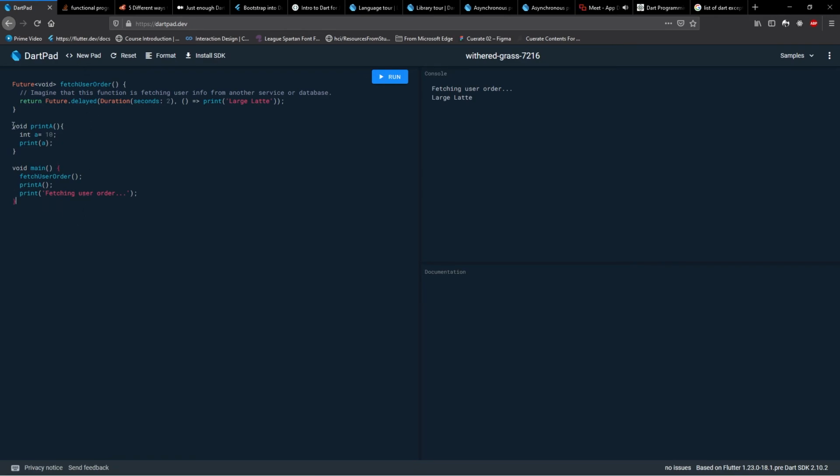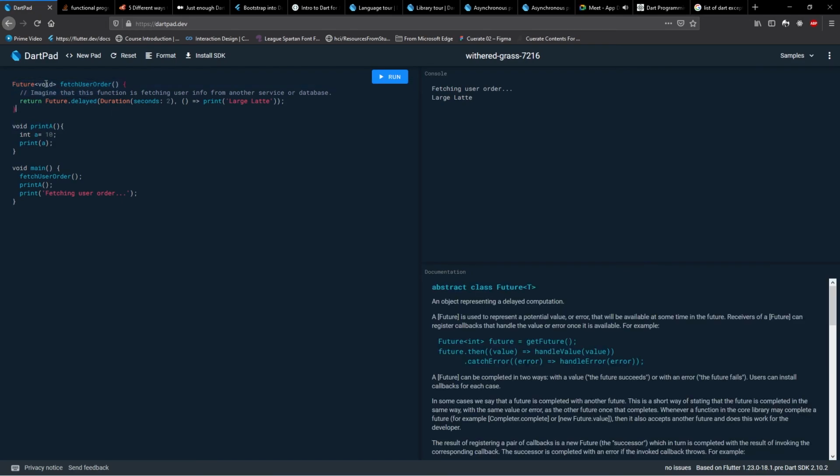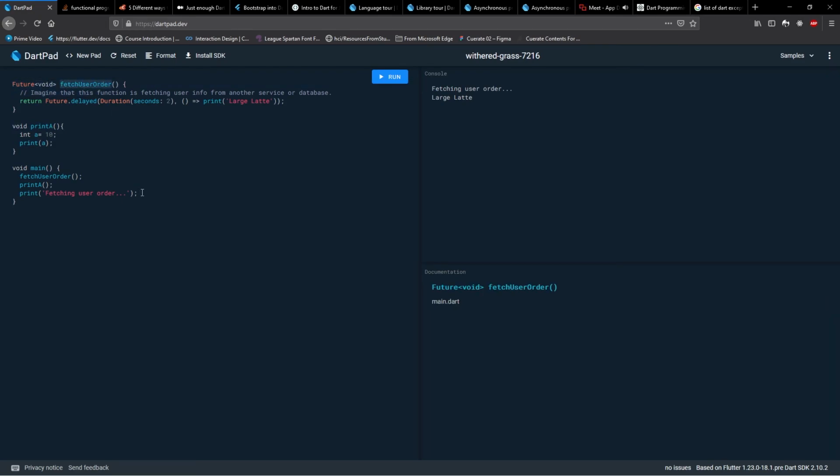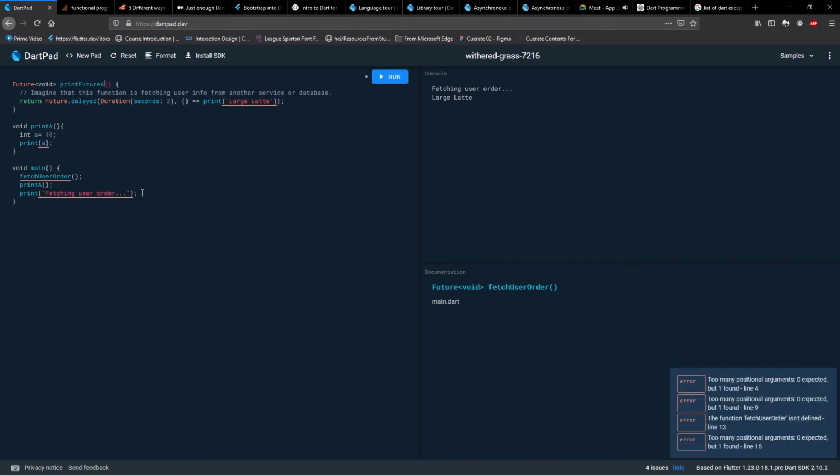So we have two functions over here. I'll tell you what future void is. One is void print a and one more is future void fetch user. Let me just modify this so that you guys can get it.